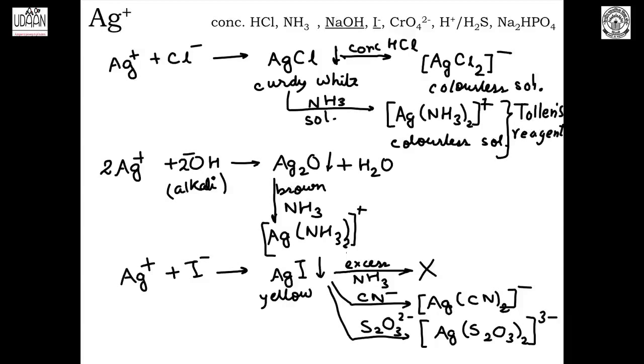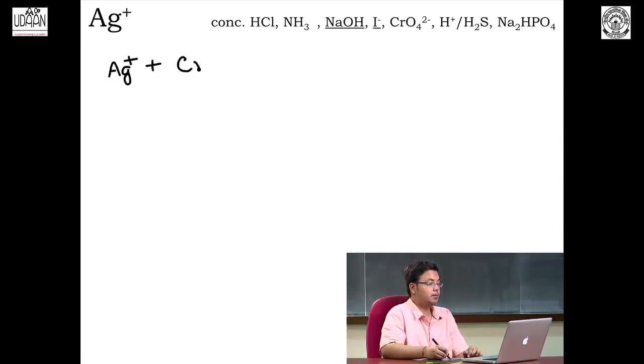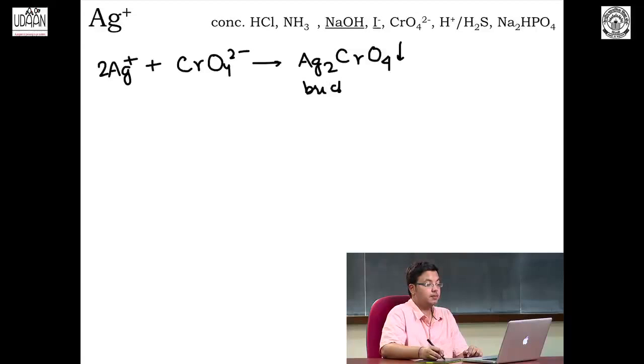Moving on to further reagents, Ag+ रिएक्ट करता है क्रोमेट आयन के साथ to give a precipitate of Ag2CrO4 जो कि होता है brick red. This reaction is particularly useful because ये कई important estimation reactions में end point की तरह use होता है. For example, Mohr's determination